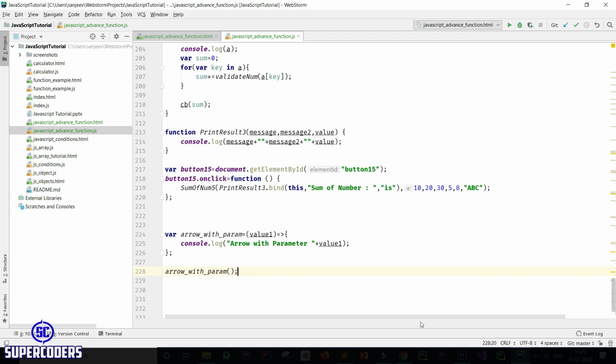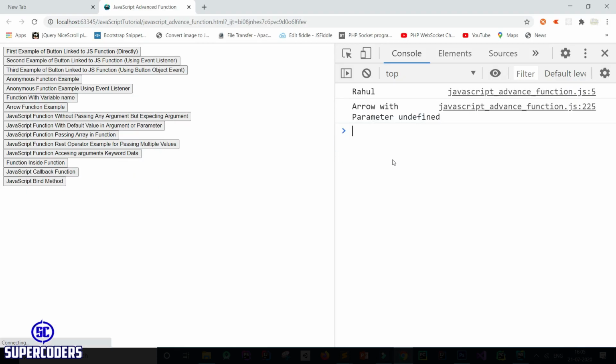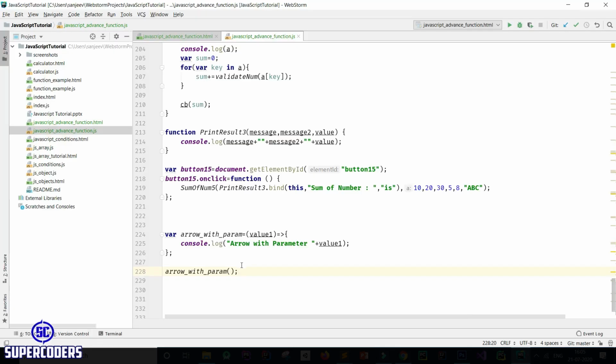Now let's run this file. You can see arrow with parameter undefined because I didn't pass any value. So let's pass a value like 50.